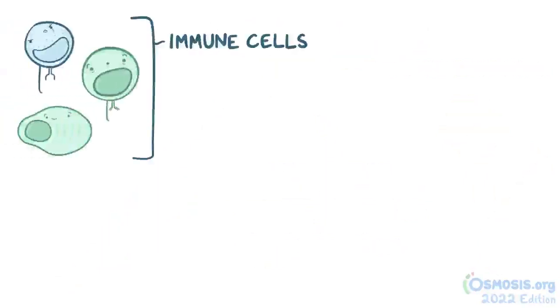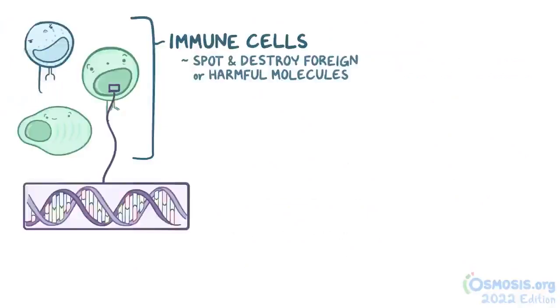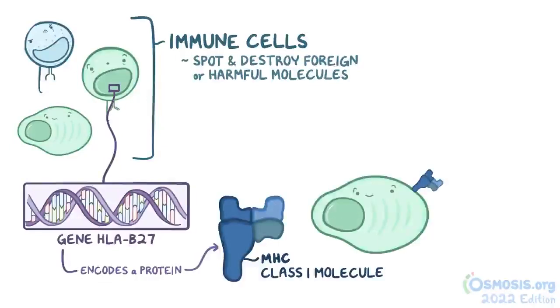Normally, immune cells are ready to spot and destroy anything foreign that could cause the body harm. To help with this, most cells express the gene HLA-B27, which encodes a protein that forms a major histocompatibility complex, or MHC class I molecule that sits on the surface of the cell membrane. This MHC class I molecule acts like a serving platter, presenting molecules from within the cell for the immune system